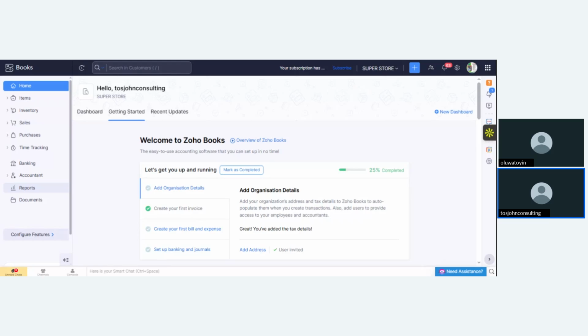Yes, we have QuickBooks. I'm sure you have heard about QuickBooks before. We have Sage accounting software. We have ERP, NetSuite. We have FreshBooks. We have Zoho. We have Tally. There are a lot of them in the market, right? But the beauty of all these accounting software is this: once you have knowledge of one, you can use the other one.